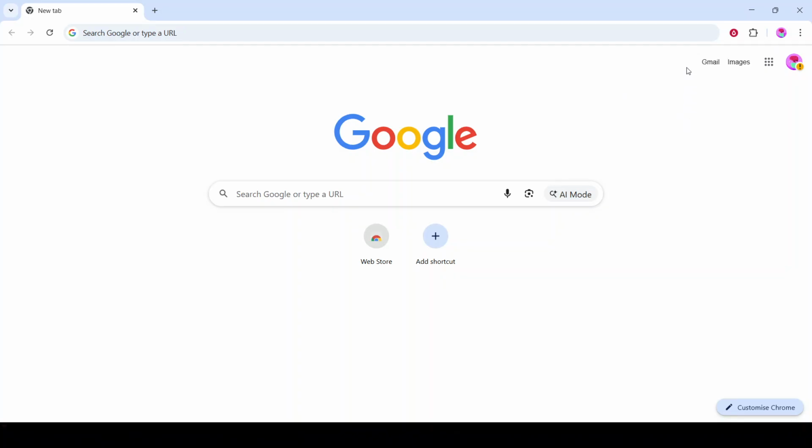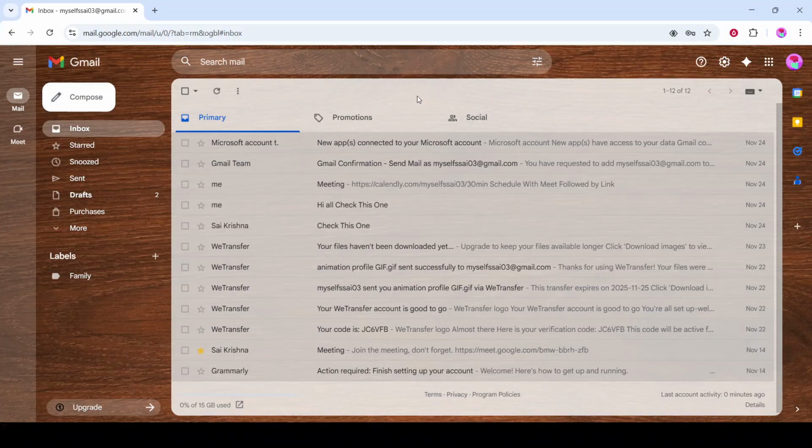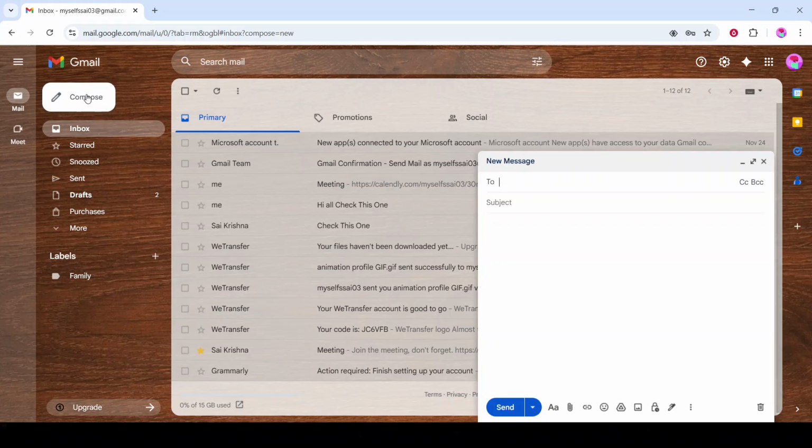Start by opening Gmail in your web browser or the Gmail app on your device. Once you're in, begin a new message by selecting the Compose button. That opens the draft where you'll add your recipient, subject, and message, but first, you'll need the audio file you